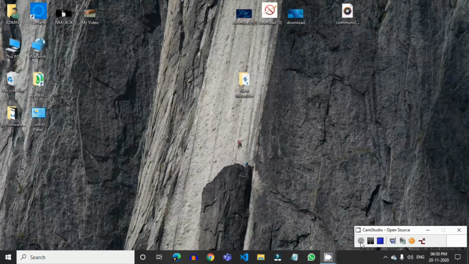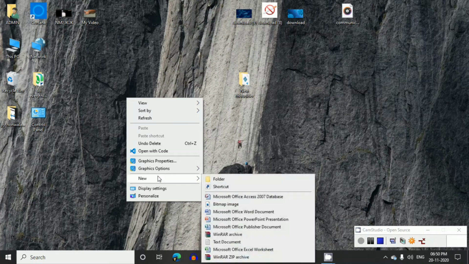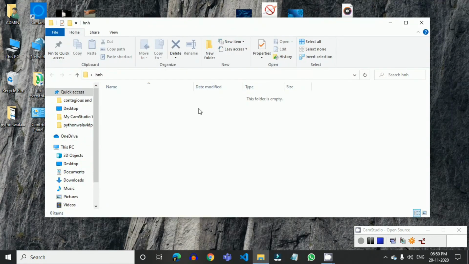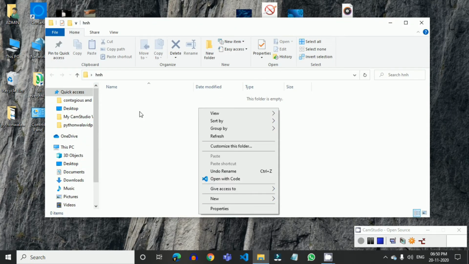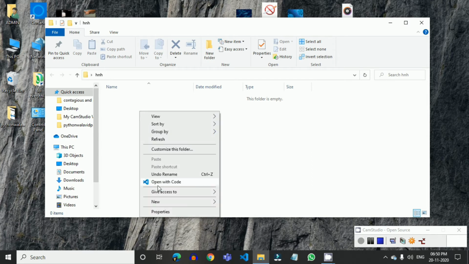Now I'm going to tell you the way you can make a Python program. Basically, I'm going to tell you how to open a Python program in VS Code. What you have to do is go here, and then go here, and make a new folder. Just name it anything you want. Here the name doesn't matter. Then you just have to right click right here, and after you do the right click, you're going to see these options. You have to select this, open with Code.